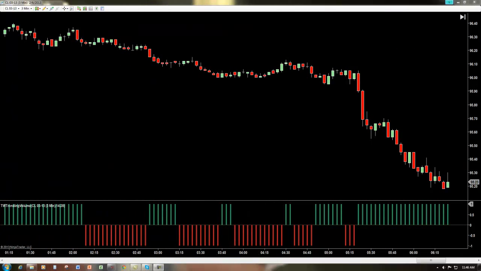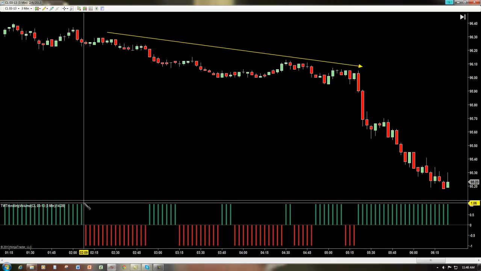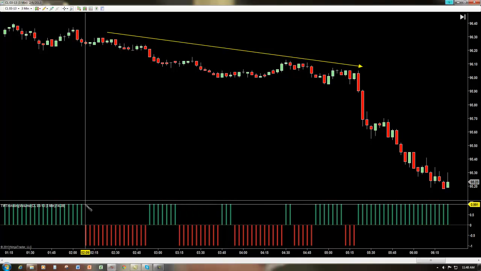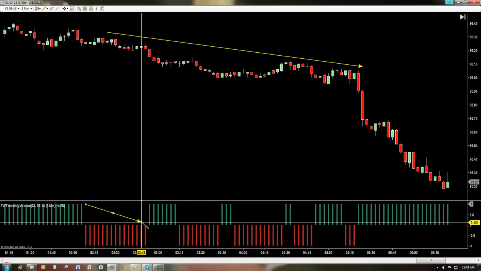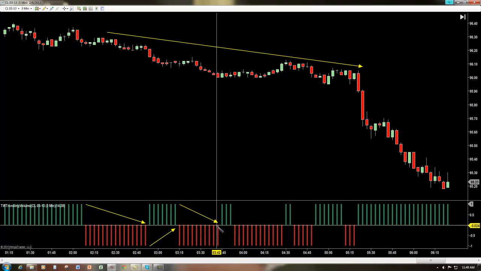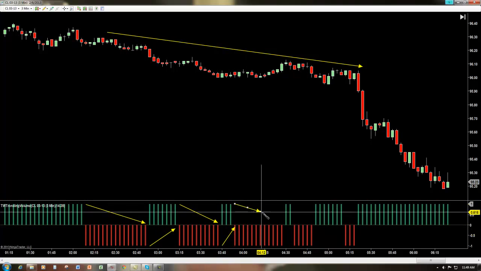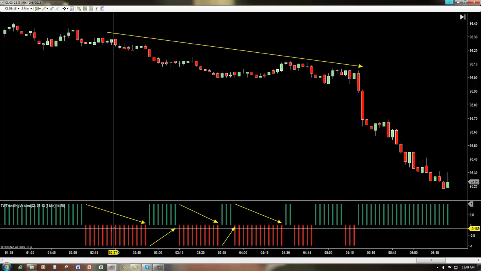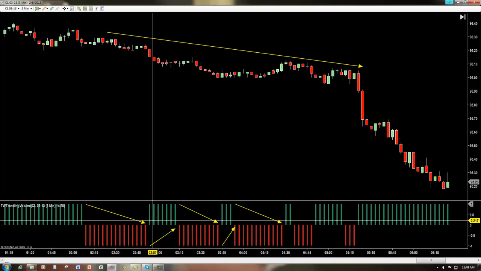Alright, as far as using trending volume, let's take a look at how we can use this indicator to determine if we are in the chop. One of the first things you're going to notice as far as using this tool to determine if you're in the chop, you're going to see things like this. It's down bars here, up bars here, down bars here, up bars here, and down bars here. So you get the picture. We're red, we're green, we're red, we're green, we're red.